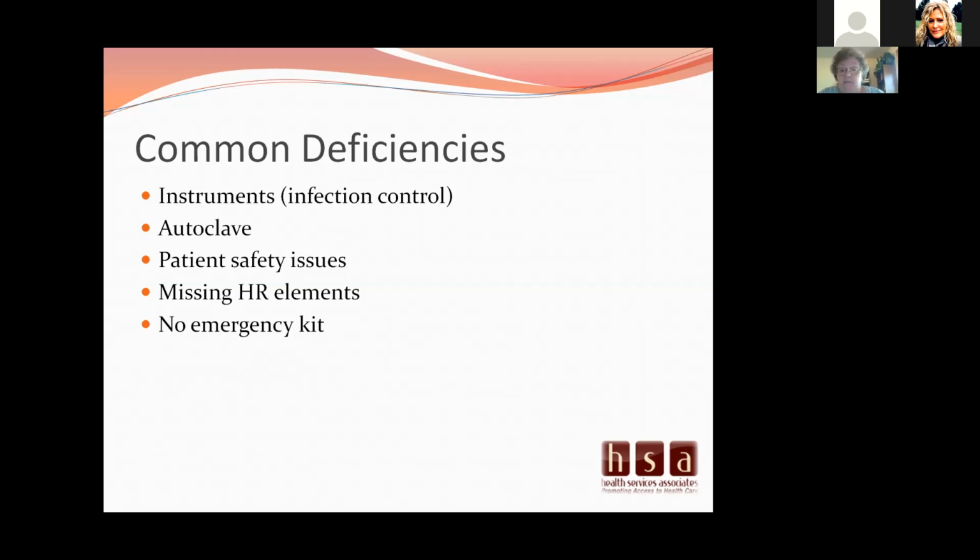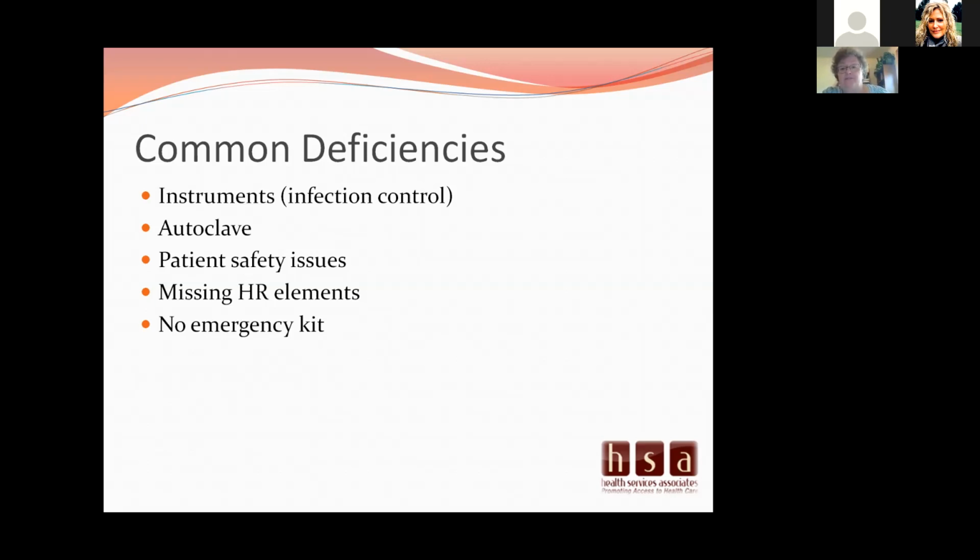Missing HR elements. When they come, they will do an HR audit, just like they do the administrative card audit. And they're going to be looking for key HR elements. And if you're missing, say, the OIG report on all of your staff, that can be a deficiency. If you're missing I-9s, that's a big deficiency.